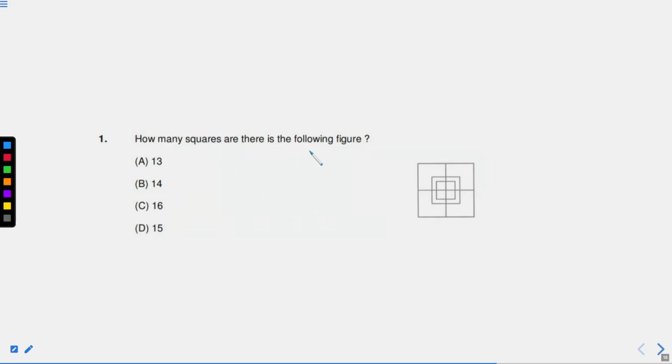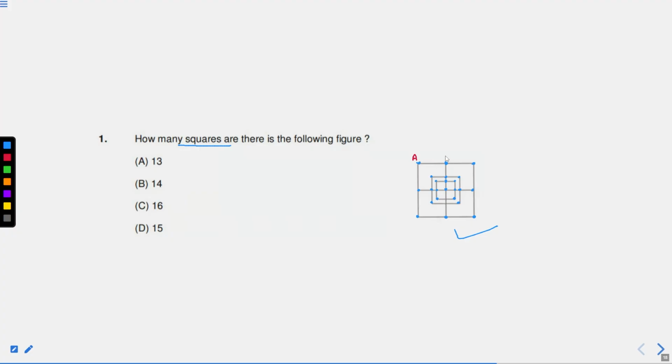How many squares are there in the following figure? So our approach is, first read the question, what they are looking for: a square. Second, redraw this figure. After redrawing, third, just start marking the vertices as well, right? As soon as you redraw, you'll find the answer as well. But if you face any problem, you can mark all the vertices and start checking the answer, right? After marking all the vertices, what you need to do? You need to name them.